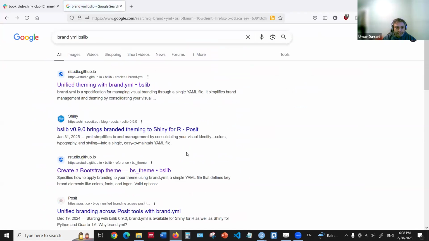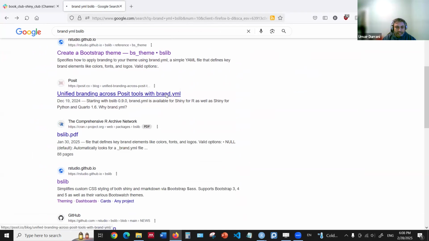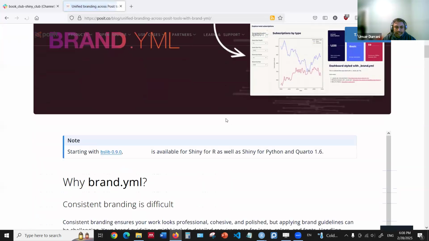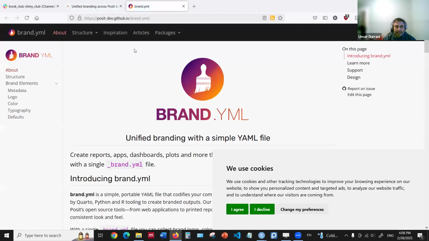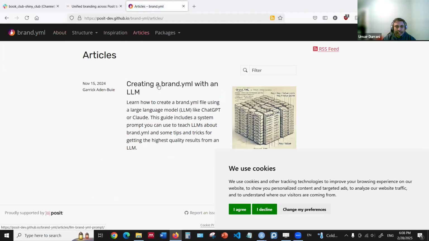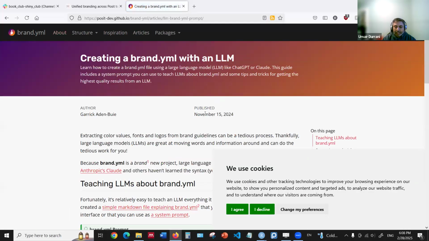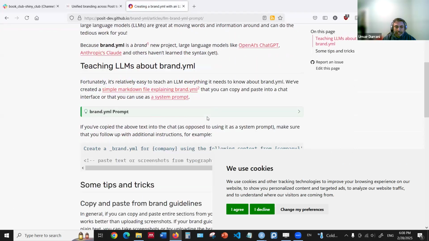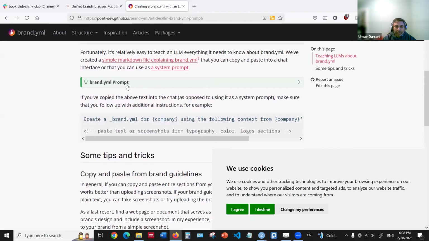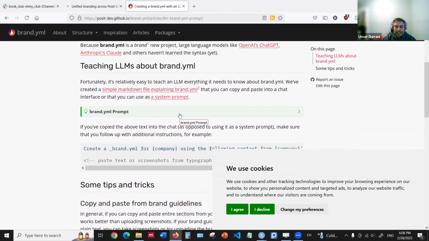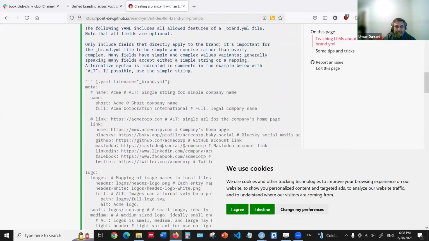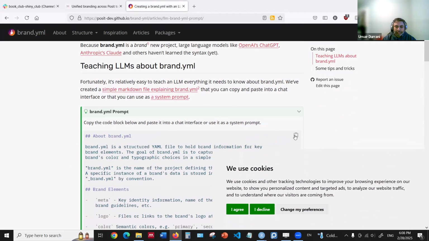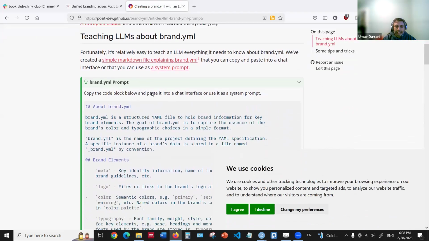If I search the brand YAML website. So this is the brand YAML website. If you go to the articles, creating a brand YAML with an LLM. So here we have this prompt. And so what the article says here is to copy this prompt. This contains all the information required for brand YAML. So we can copy this and then